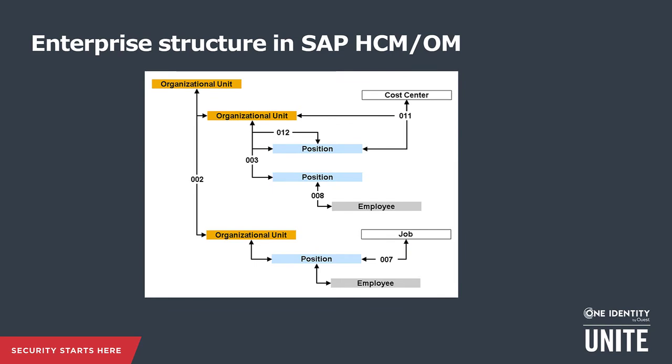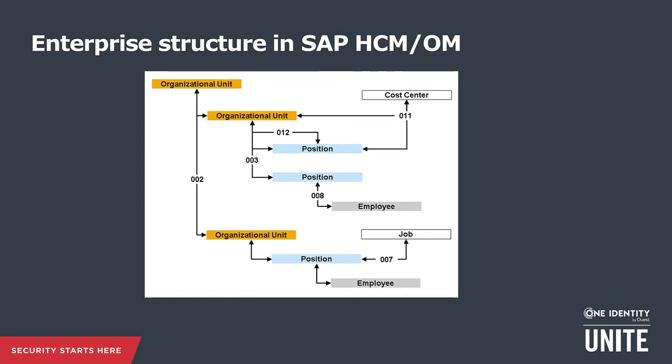An organizational unit can contain other organizational units. The position is being assigned to an organizational unit and is an instance of a job. A cost center can be assigned to an organizational unit or to a position as a master cost center. A person can be assigned to a position. Each relationship is reflected by a number like 002 for a hierarchical assignment between organizational units or 002 for an assignment of position to an organizational unit. The relationship numbers are preceded by an A or B for the direction of the link.